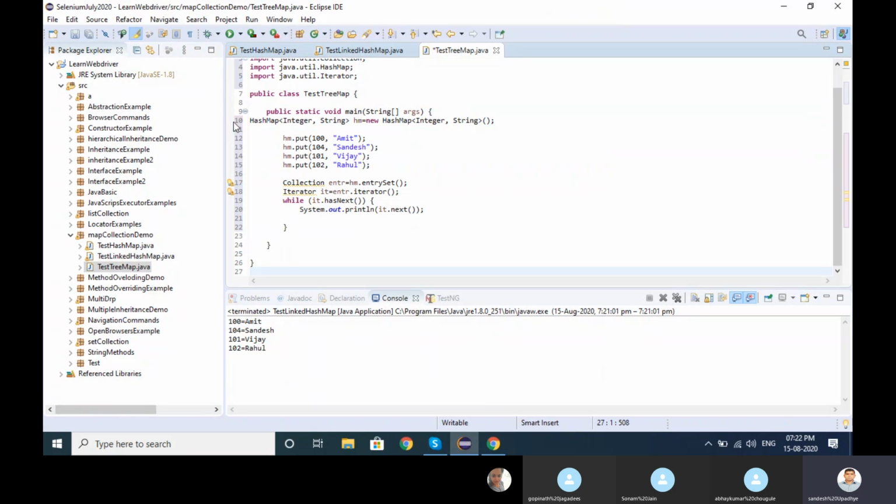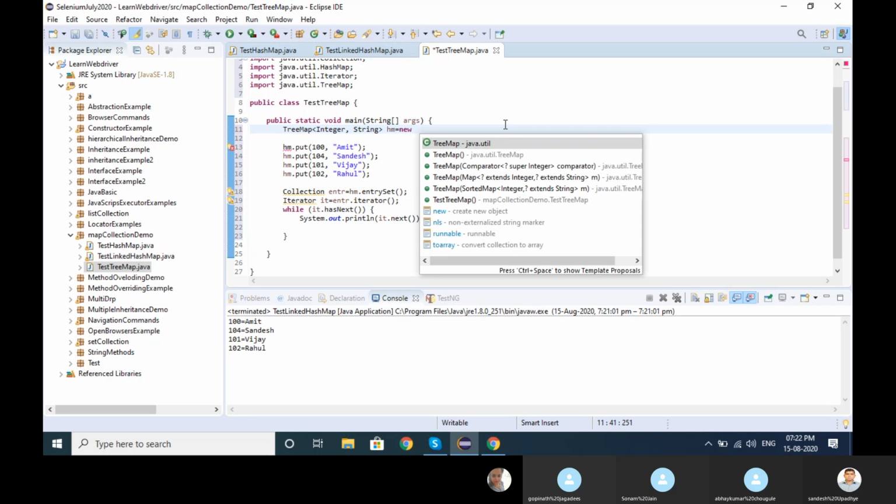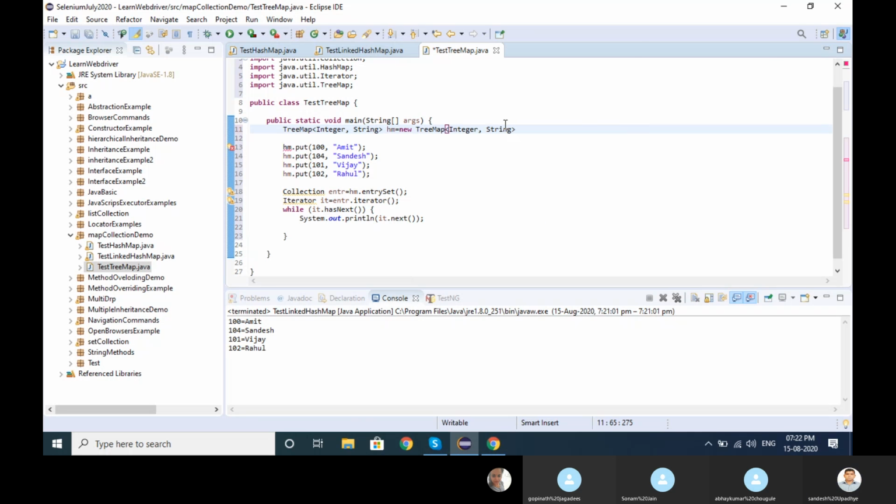I already copied it, right? I just remove this line and I add capital TreeMap.